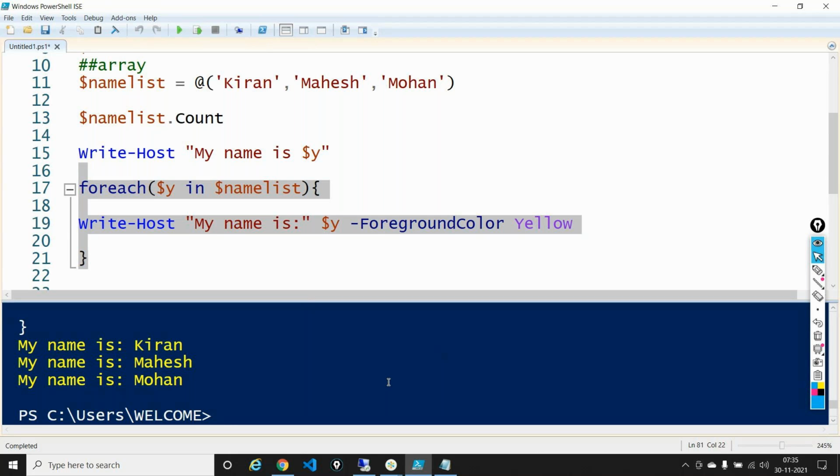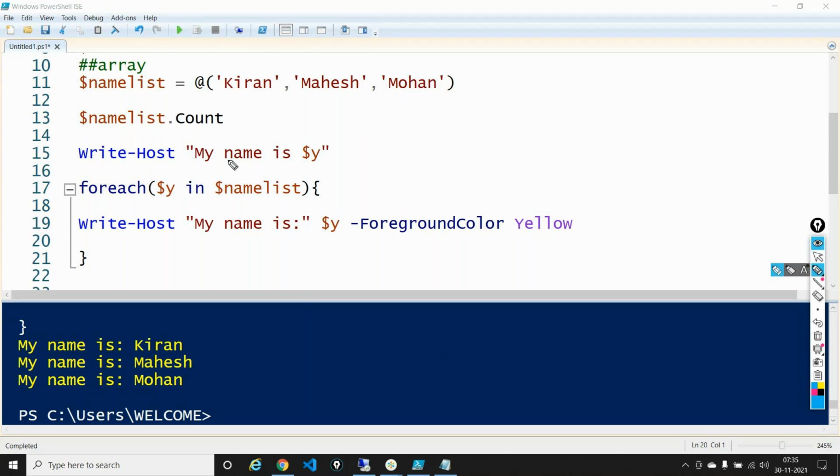So Kiran, from line number 17 to 21, we will have to first give the condition and then write the Write-Host output which we want, or we can do it either way. So we'll firstly have to write the condition. So this is the syntax. Whenever you want to write it inside the for each loop, you'll have to do a for each, open and close parenthesis, the condition out here, which is $Y in name list, and then the statement that you want to execute or the code that you